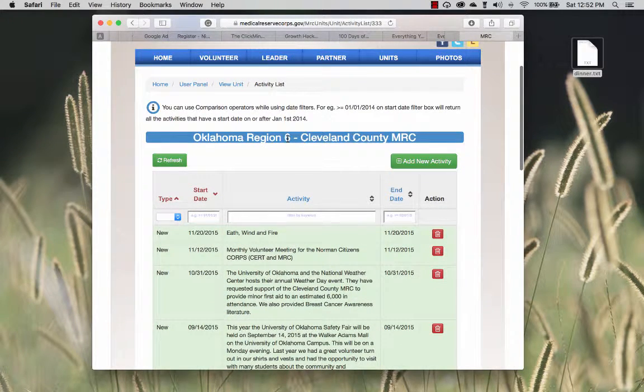So you want to make sure that you're on this page that has our region, and it has the add new activity. All right, as you can see down here, these are all the older activities we've done so far, and it's sorted by chronological order. So you can see the last entry was done on November 20th. The Earth, Wind, and Fire training class. You can see it's green, it's new, it's been recorded, so this is okay. What we want to do is go to Add New Activity,